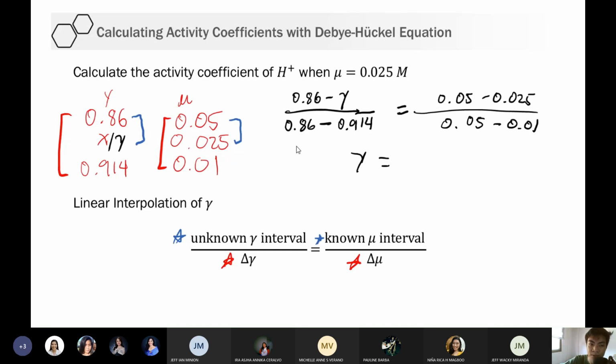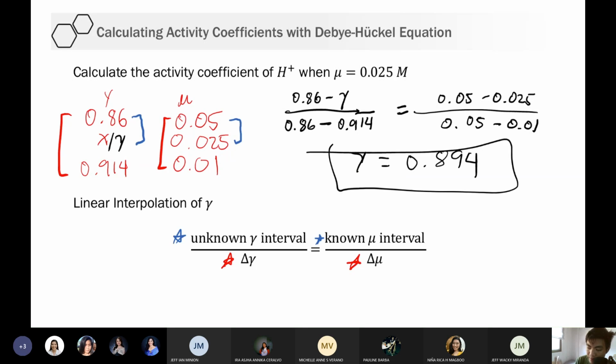Okay, so you can use the shift solve function. So I'm not going to show the algebraic derivations. I'm going to use the shift solve function of the calculator to make things faster now. Okay, so shift solve, gamma is now equal to 0.894. Okay, so as long as your ionic strength is between whatever is written on the table, you can use